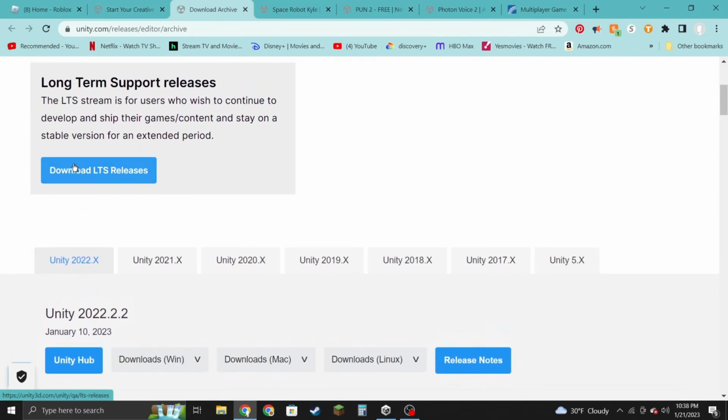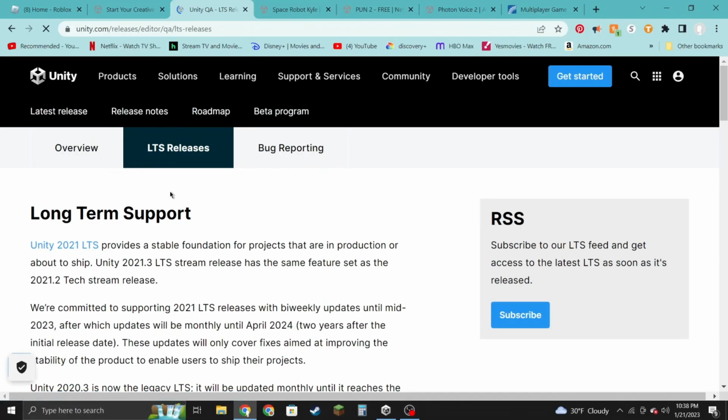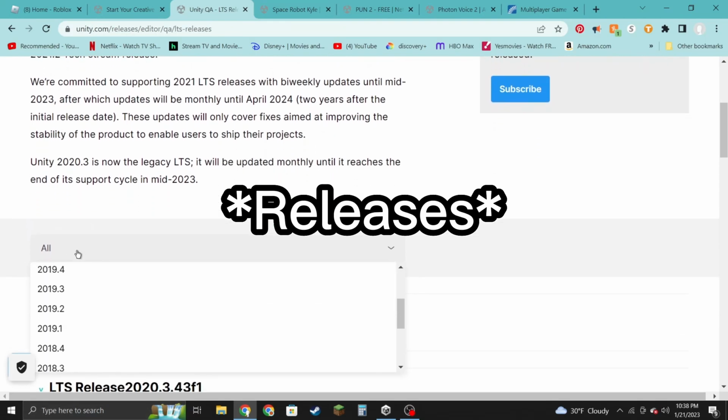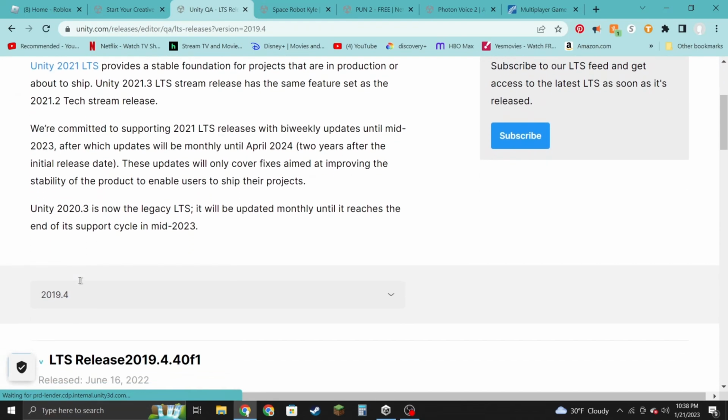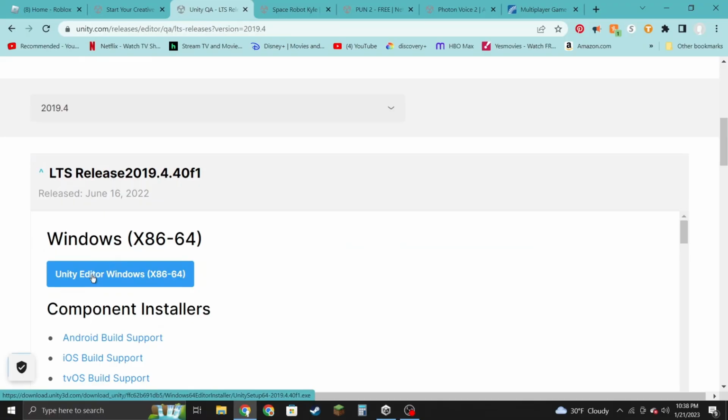So make sure you press download LTS, and then scroll down to the 2019 version. Now open this and then click on this. And then after you make this setup,